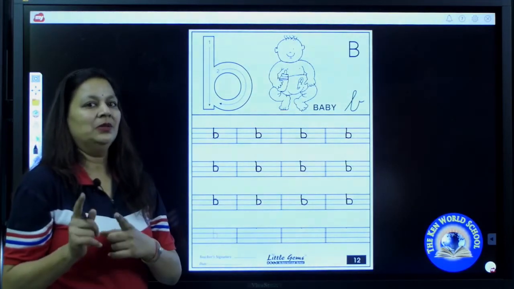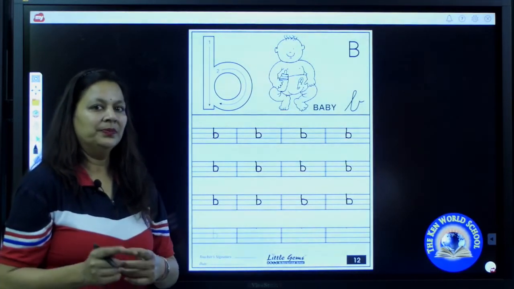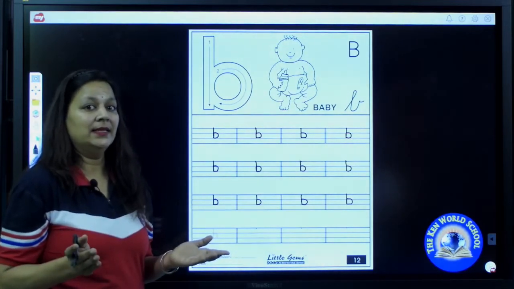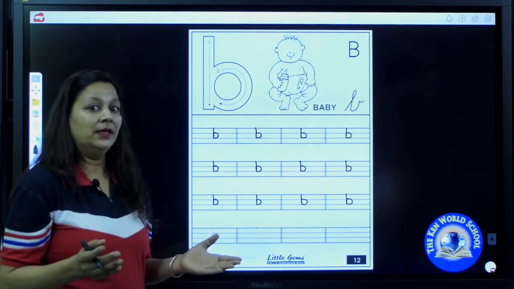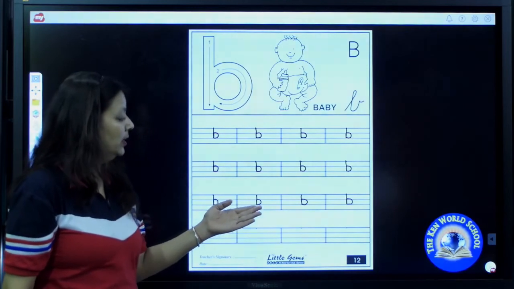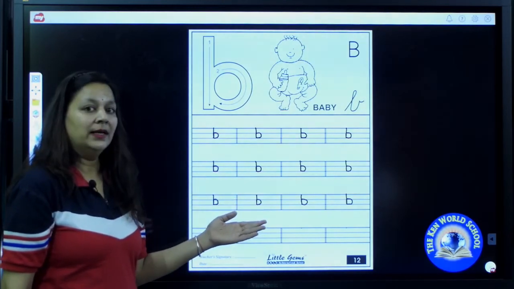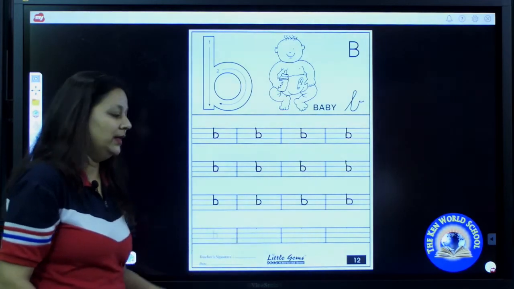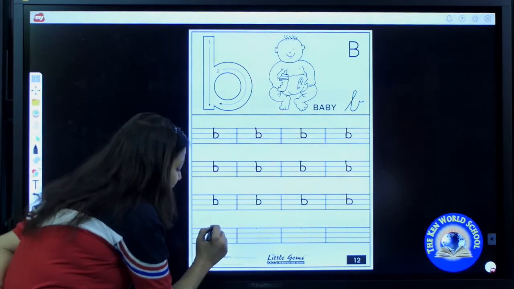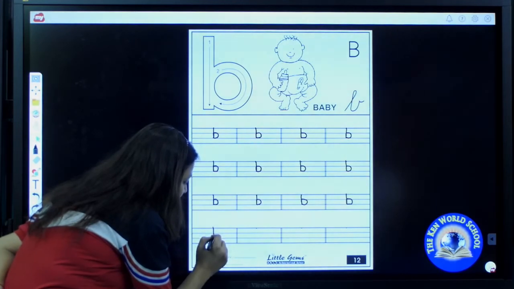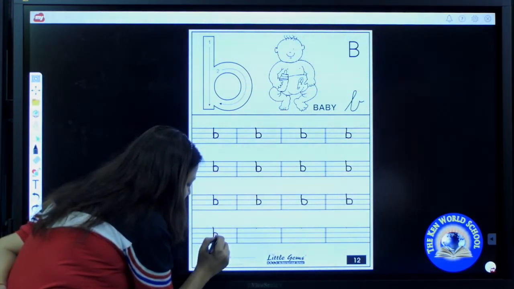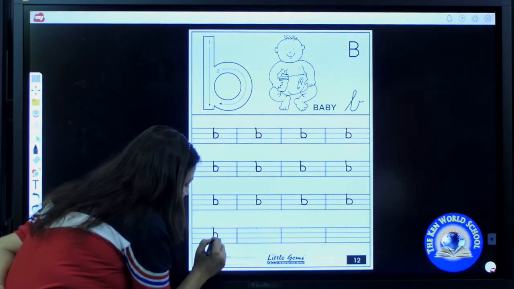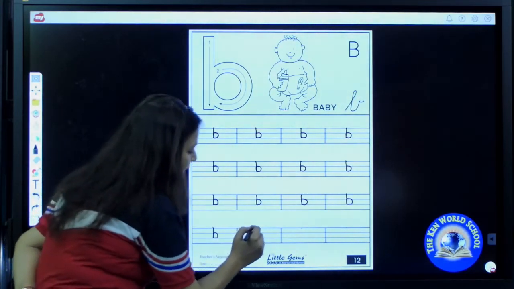It's your time to complete your row. Write it nicely. Write it properly. It should not go beyond the baseline. Have you all done? Okay. Now start from the top line, draw a standing line up to down, come back to the middle line. Now draw a curve. Now stop on the baseline.